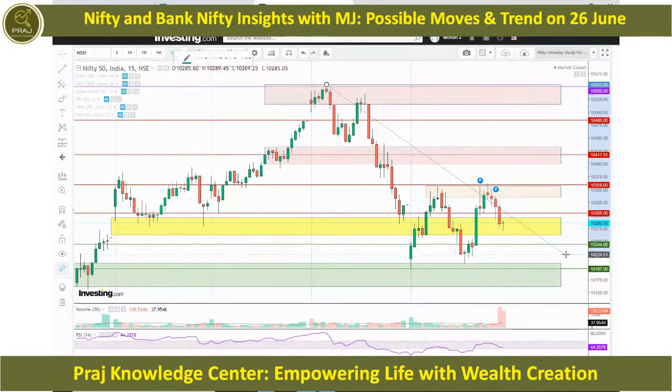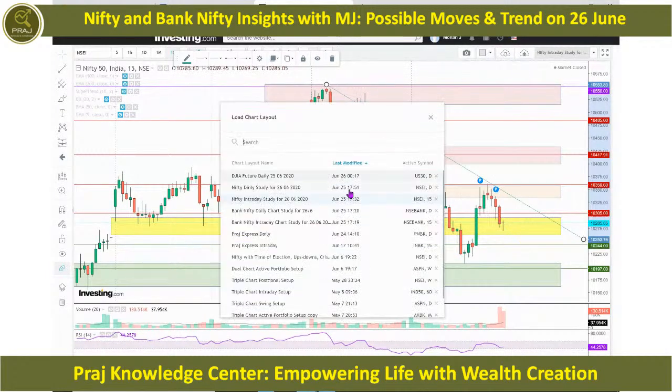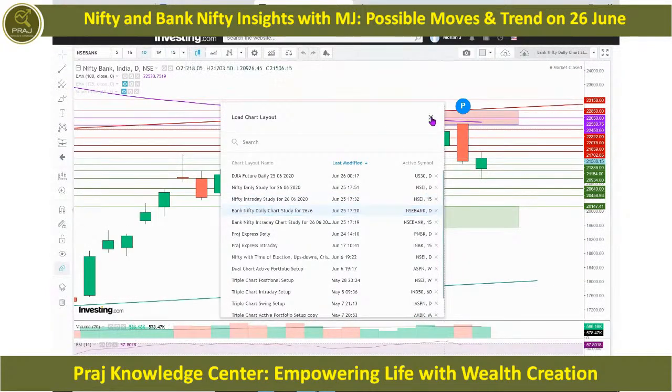This could possibly be the trend. Watch out for this trend. If this trend line is broken, then Nifty may become bullish. Otherwise, it will remain bearish, right? So that's how you can trade Nifty. Let's have a look at how Bank Nifty has performed today, and then we will look at how Bank Nifty